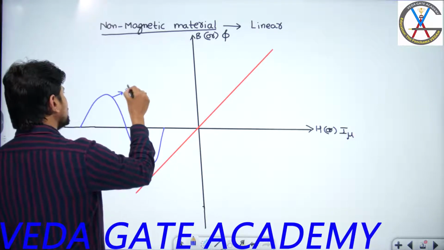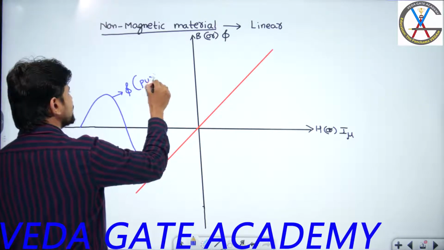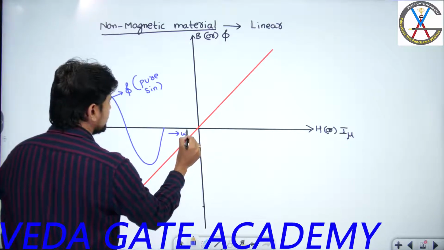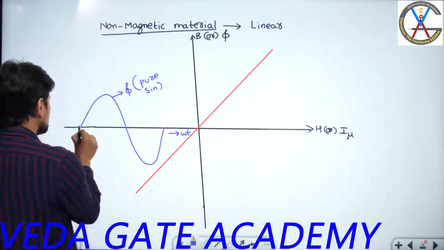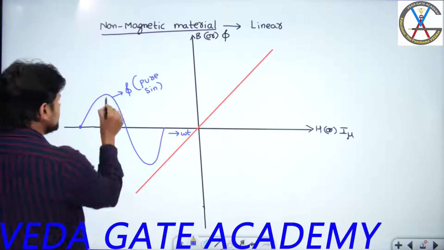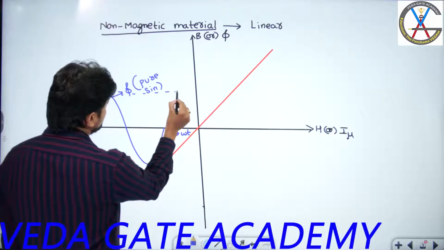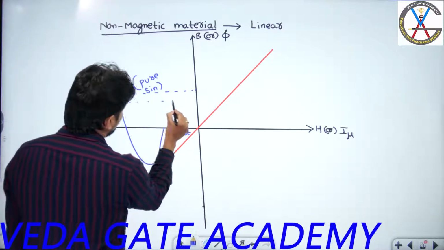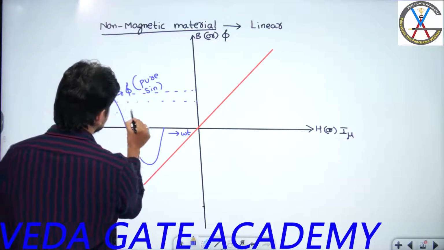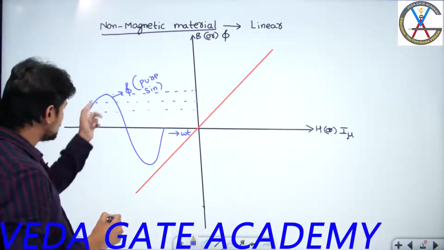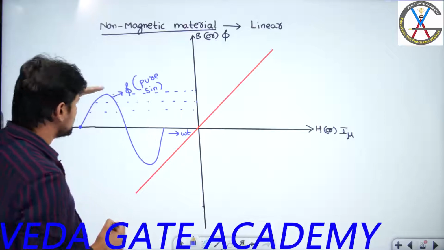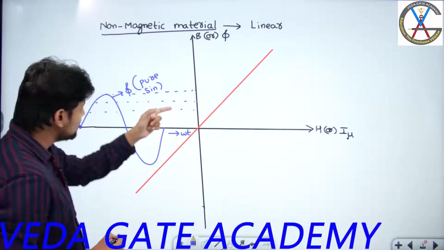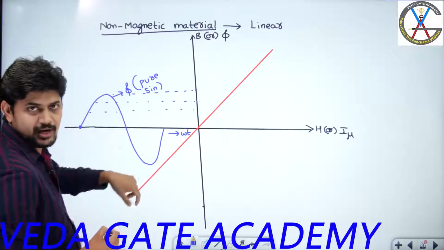This is my operating flux, which is pure sinusoidal, and I am drawing this with respect to time, omega t. At omega t equal to 0 the flux is 0. At omega t equal to pi by 2 the flux is maximum. If you observe here, the reflected points of this flux onto the y-axis will give you the flux magnitudes only. The reflected points of this shape will come on the y-axis, and this y-axis will give you the corresponding magnitude.